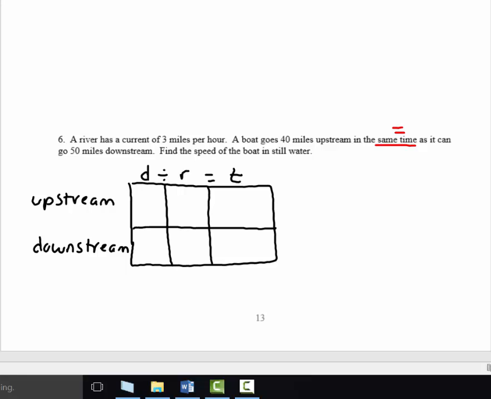Let's go ahead and start filling in the upstream. Do I know the distance upstream? Well, the boat can go 40 miles upstream, so we know the distance upstream is 40. In the same amount of time it takes to go 50 miles downstream, so the distance is 50. Now the rate is the thing that always causes a little bit of difficulty, because you have to understand that if you're in a river and you turn your motor off, the boat does not just sit there, it goes downstream. So the rate is actually the rate of the boat, and then plus or minus the rate of the